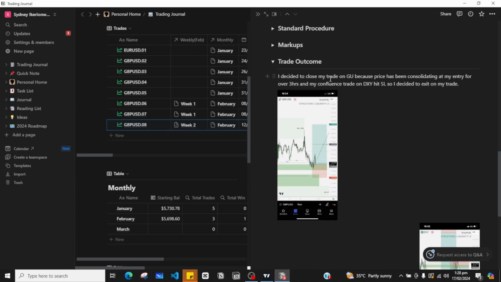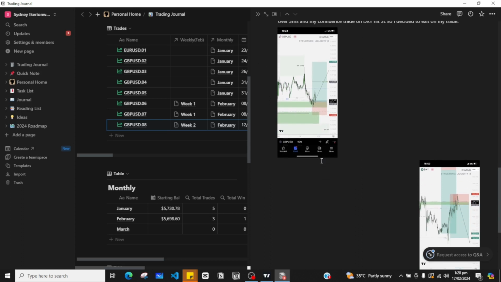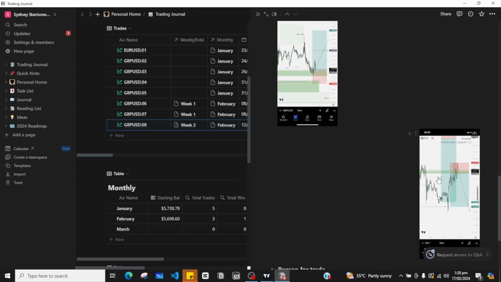I decided to close my trade on GU because price had been consolidating at my entry for over 3 hours, and my confluence trade on DXY hit stop loss, so I decided to exit my trade. What do I mean by my confluence trade? I told you guys I had this confluence trade on DXY, which I was expecting to go bearish, at least not taking out this low, because since price had cleared this liquidity, I wasn't expecting this low to get taken out, but at least to trade down into a discount level. But unfortunately, price was consolidating here and it went up,